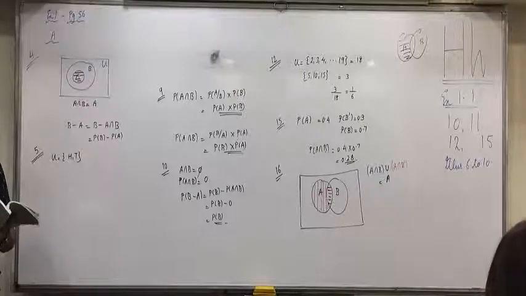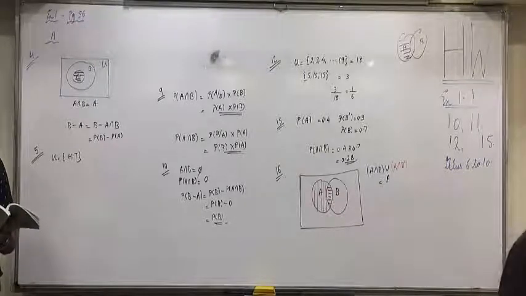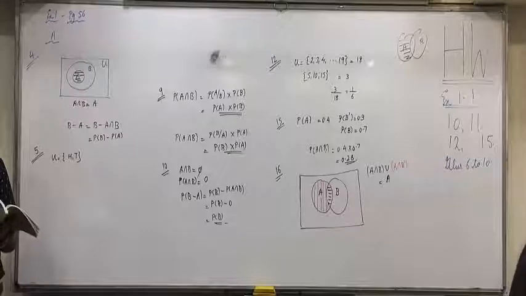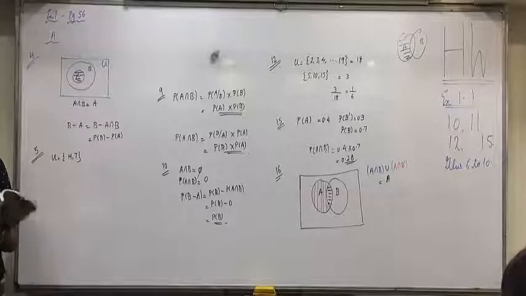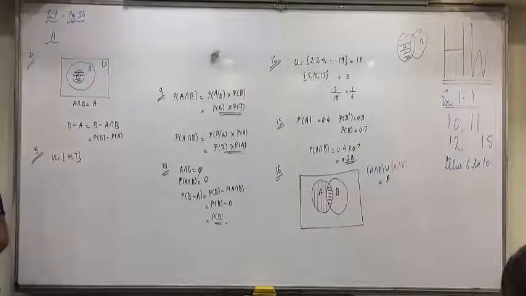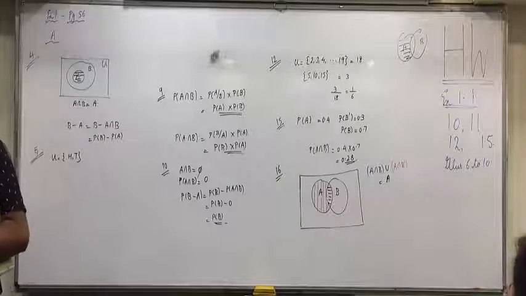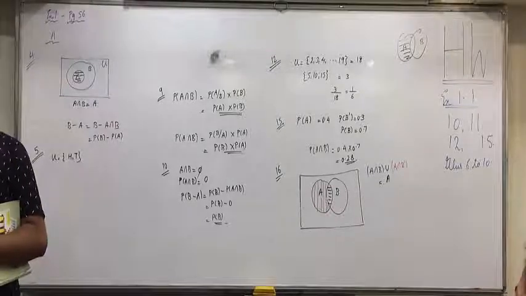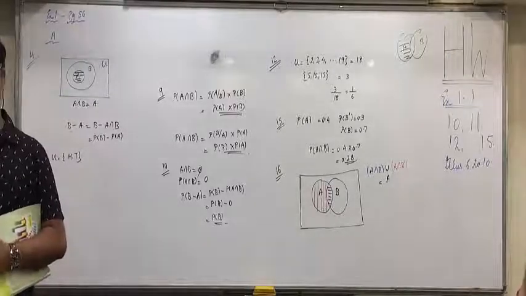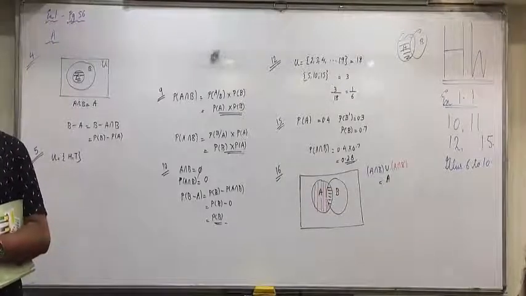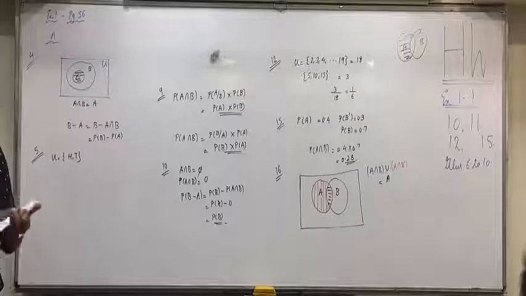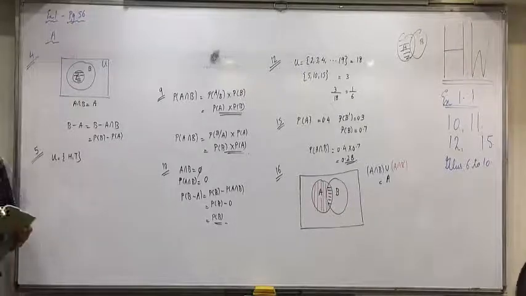And the last one. According to the mathematical definition of probability, what is the probability of each outcome among the n outcomes of a random experiment? 1 by n. Like in one dice, how many outcomes are there? 1, 2, 3, 4, 5, 6. What is the probability of getting 1? 1 by 6. 2? 1 by 6. What is the probability of each outcome? 1 by n. Okay, B is the answer.